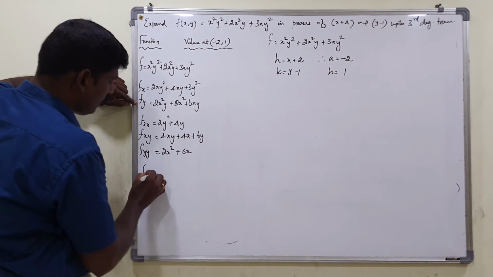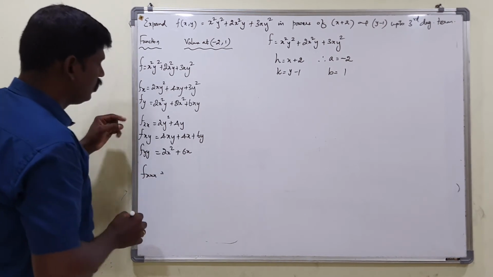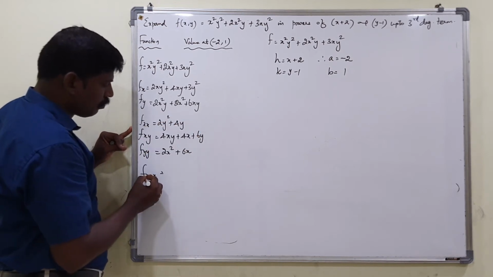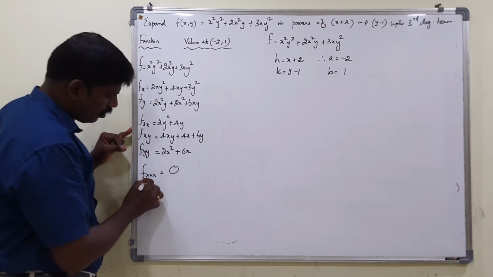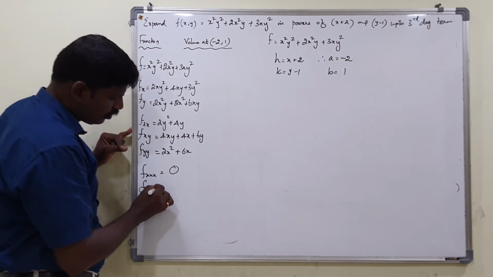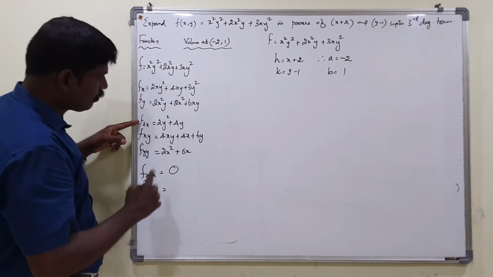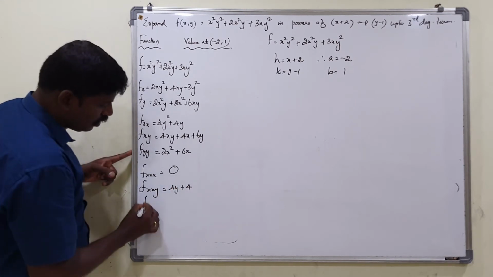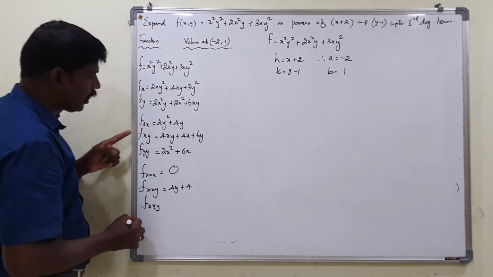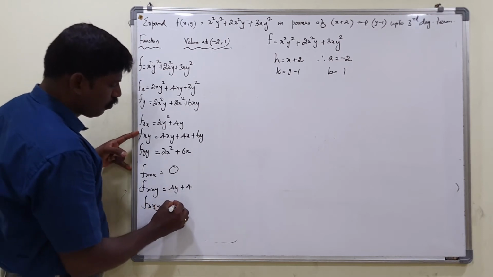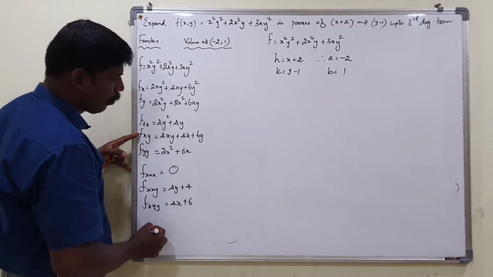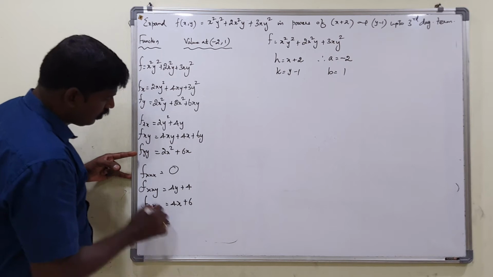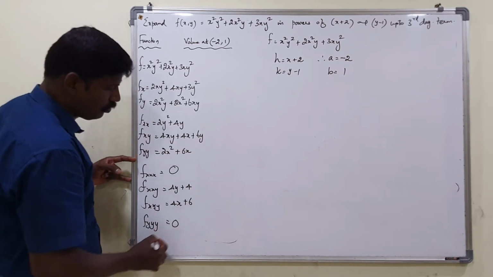And then f triple x equal to, right? So this term contains only y terms alone. So differentiating x partially, it will become 0, right? f double x y. So f double x with respect to y. So 4y plus 4, isn't it? So f x double y, fxy with respect to y. So 4x plus 6. This becomes 0, this becomes 6. And then f triple y. So f double y with respect to y. So this becomes 0. Right?